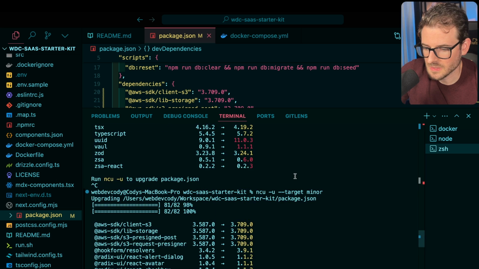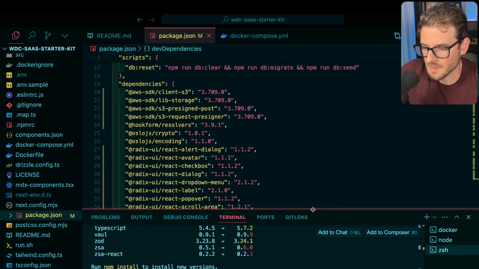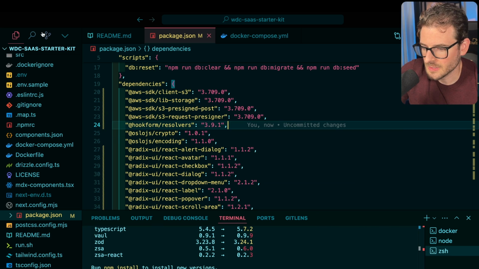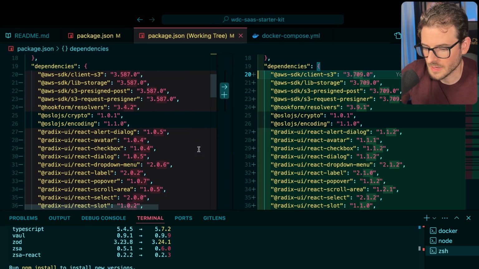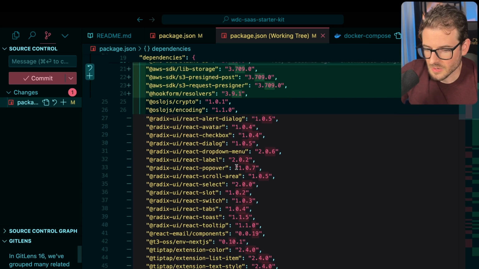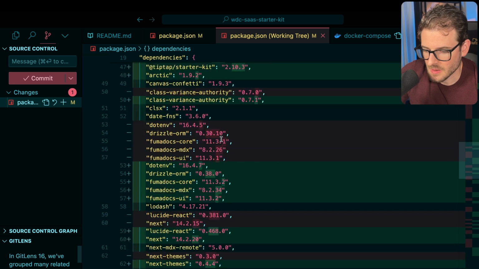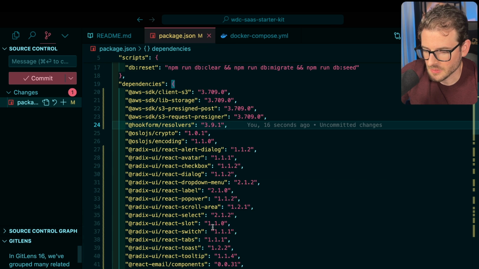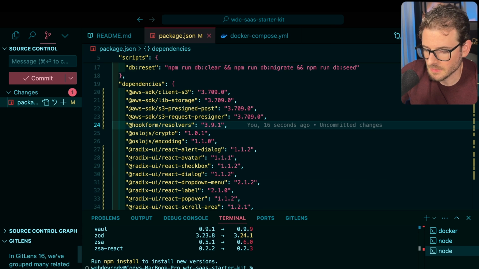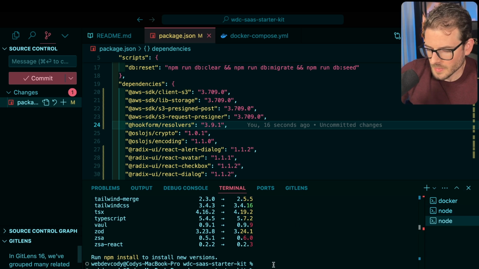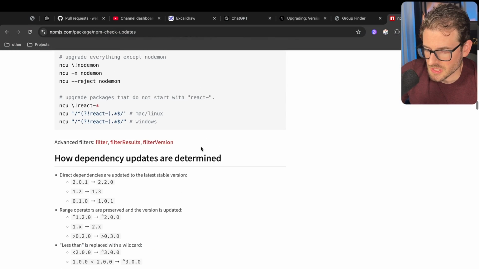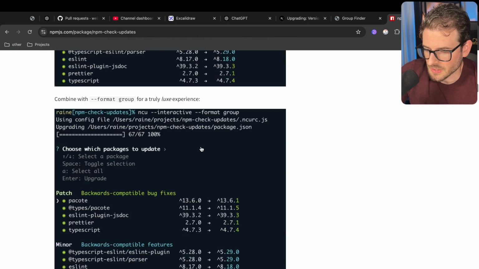Okay, and then it just basically updated a decent amount of packages. And the way you can tell that is go to your git diff and just click on that thing, right? And you'll see we have all these things that are potentially updated now. Cool. So now I think you may have to run an npm install after you do that, or npm update. I forget which one it is. I think npm i should be just fine, because I do believe this only changes the config file. I don't think it actually like,